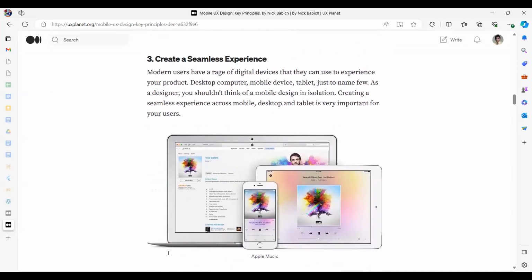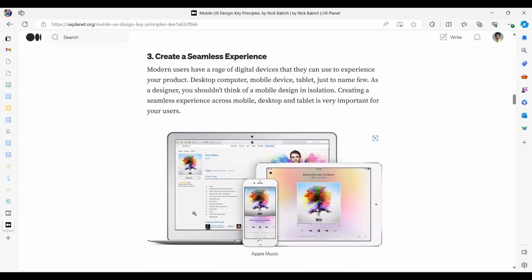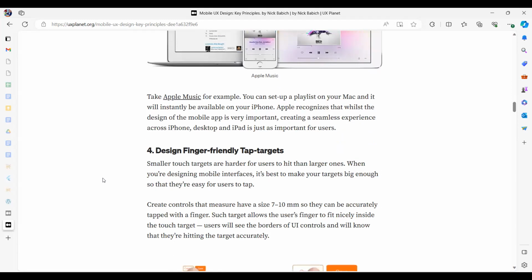And also, what do you mean by seamless experience? Same application on the laptop, because you have a very large screen, you show the icon, you show all the list of songs here. Now you can't do that probably on the phone immediately. They may have to go by clicking some other buttons. So you need to give a consistent look on the tab, on the phone and the laptop. When I say consistent, we are talking about colors, elements, font, everything. People may be using the same app on multiple devices, so we need to make sure we are not confusing them.